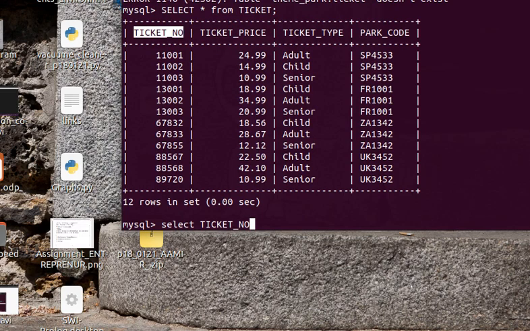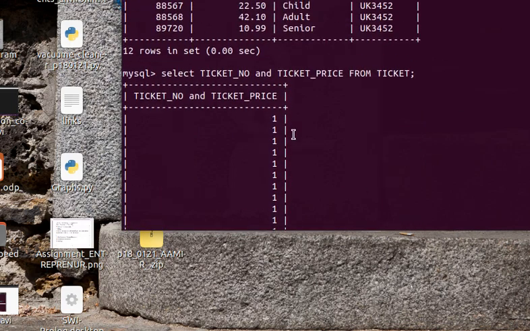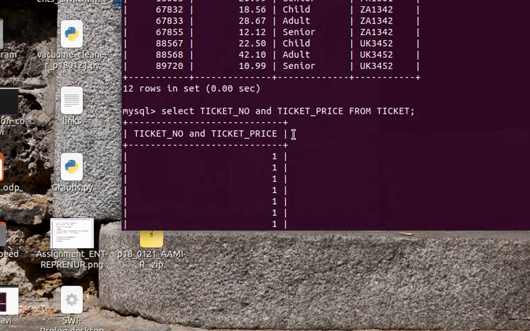So select ticket number and ticket price from, and we mention the name of this table, ticket, and only ticket number and ticket price.